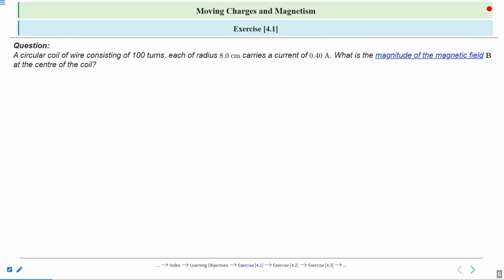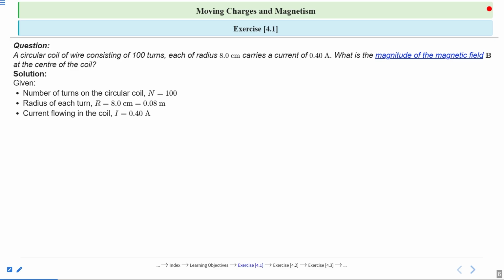So let's see the solution. What are the given things? We have to list them first. Number of turns on the circular coil N equals 100. Radius of each turn is 8 centimeter, which in meter is 0.08 meter. Current flowing in the coil I equals 0.4 ampere. So the magnitude of magnetic field at the center of the coil is given by: